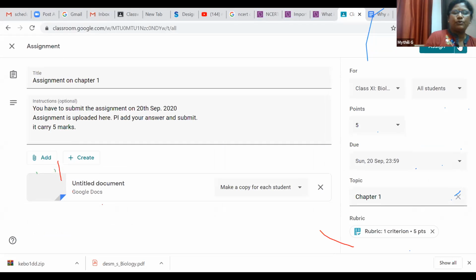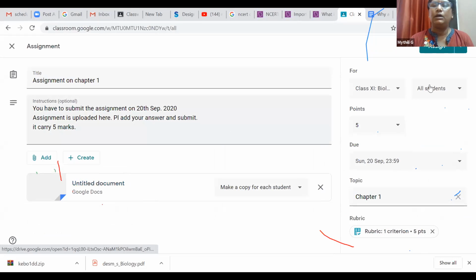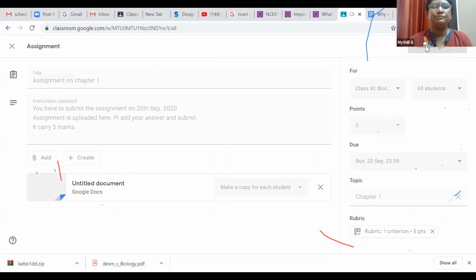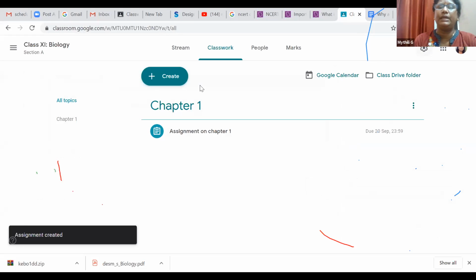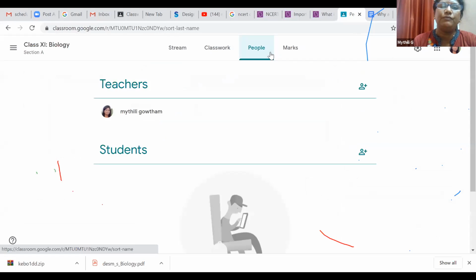So now this rubric is already saved. This is available in your assignment. So you are taking this rubric for this particular assignment to evaluate this particular question. Right now what I have to do is assign this, and we need a student. I don't have a student with me, so I cannot evaluate with this. I will add one student here, so that we will see how we can evaluate this particular assignment.